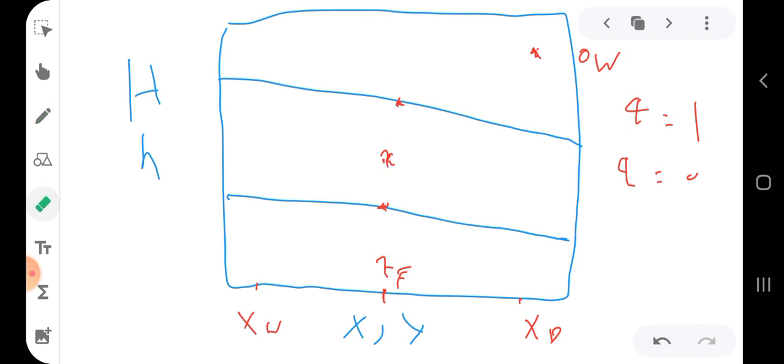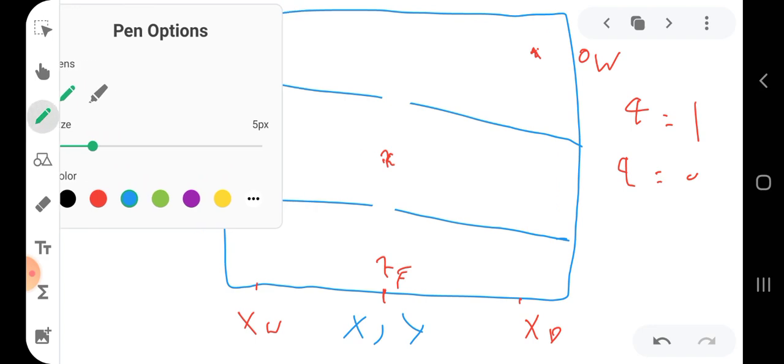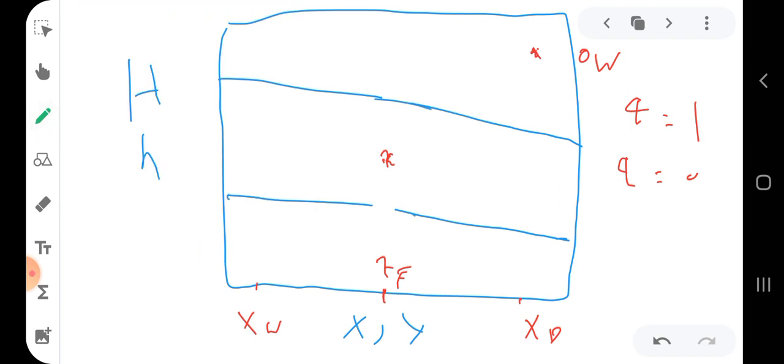So let's suppose the case where we have a saturated mixture like this. Oh sorry, this is OD here, it is not OW, this is OD, the top section